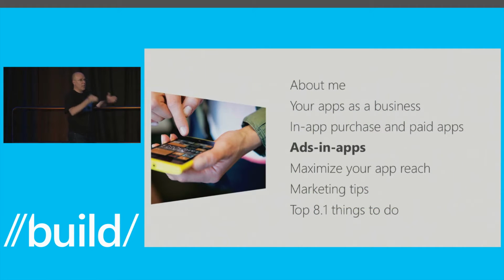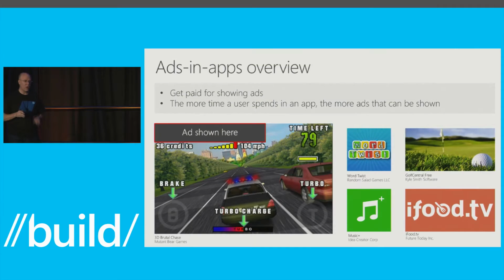So we talked about in-app purchase, and we talked about paid applications. The third mechanism that you remember at the beginning, I talked about how to make revenues, advertising. So let's drill a little bit more about advertising. This first one is just simple, making sure everybody's aware. Advertising is, in the basic sense, just showing an ad on the screen and getting paid for users either seeing it or clicking on the ad. That's the simplest model. And you're seeing on the screen 4 apps from 4 different developers that are using this